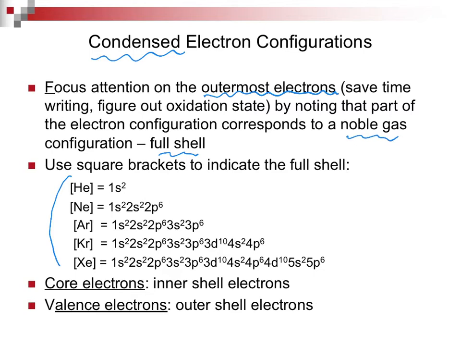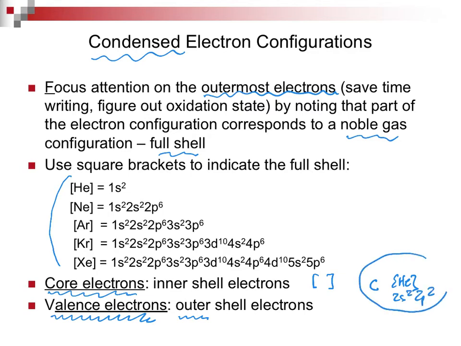The thing to notice is the core electrons, they are the inner shell electrons. They are going to be the ones in the brackets, or if we have a transition metal, it's when it's totally full. What we're really going to focus in on is the valence electrons, which are the ones in the outer shell. So when I say carbon, what I'm really saying is it has a helium core, and then what it has going for it is a 2s2 2p2. That's the shorthand we have because we know it's the s2p2 electrons that are going to be involved in bonding.